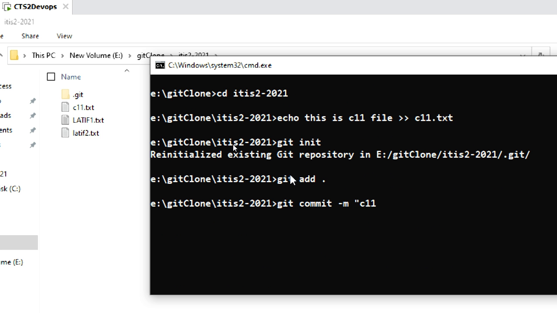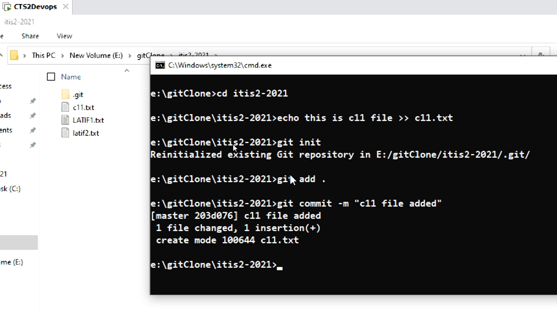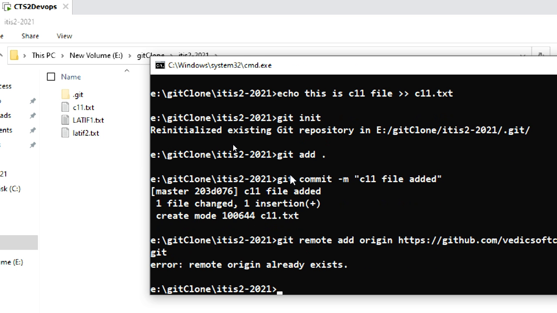The commit message can be anything, like c11 file added, new file, or your name. Commit is completed.